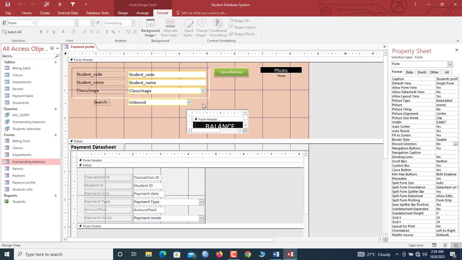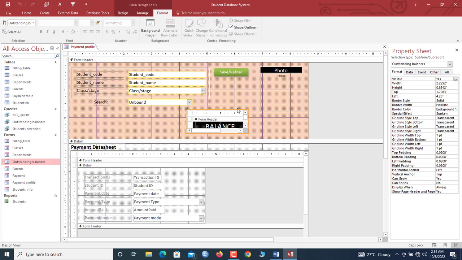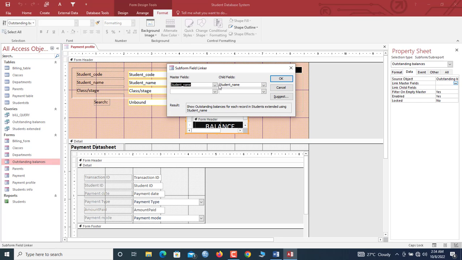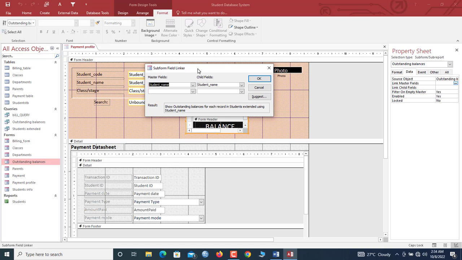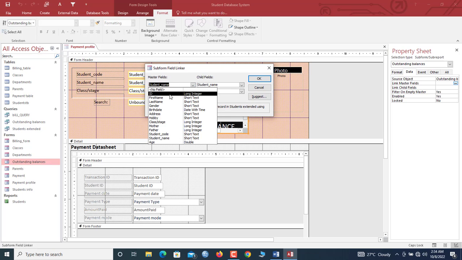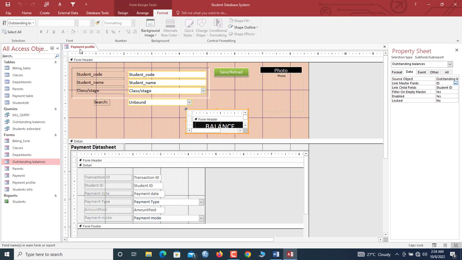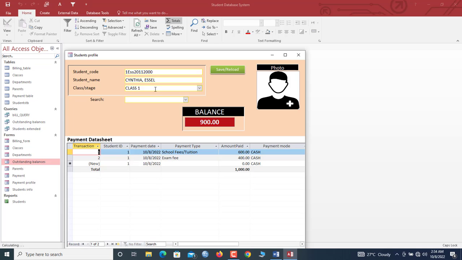So go to design view, you make sure it is highlighted like this, data, link master field and link child field. So you open. Now are you using the student name? No, 2 or more students will have the same name but then different fee tracking history. So use the student's ID. So select the ID. So first select the ID here. So student's ID, student's ID. So here, and now once you come in here,